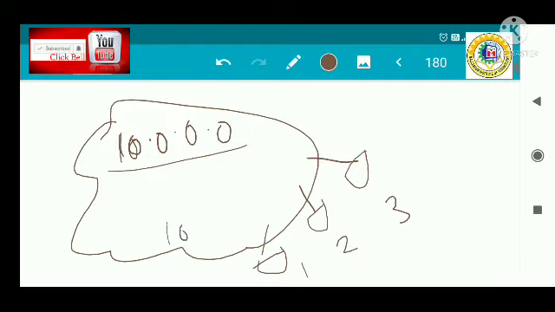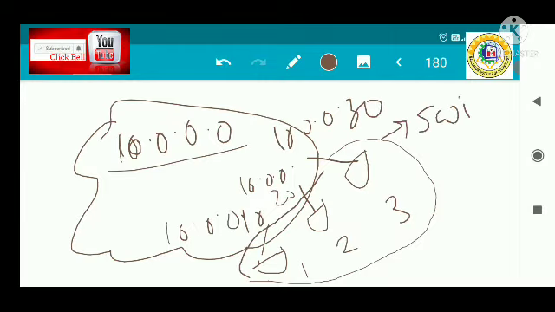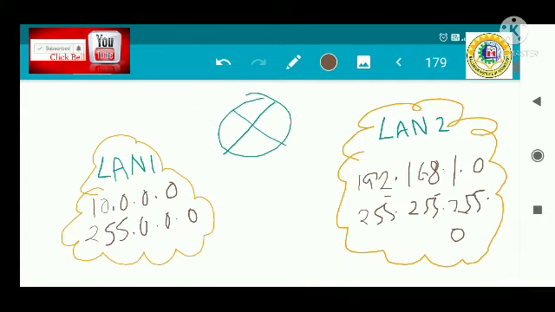Suppose the IP addresses are 10.0.0.10, 10.0.0.20, and 10.0.0.30. All these three machines can communicate with each other with the help of a device, and the device is the switch. But if the computer in this network, suppose 10.0.0.20, wants to communicate with a computer in the other network, that means 192.168.1.30,